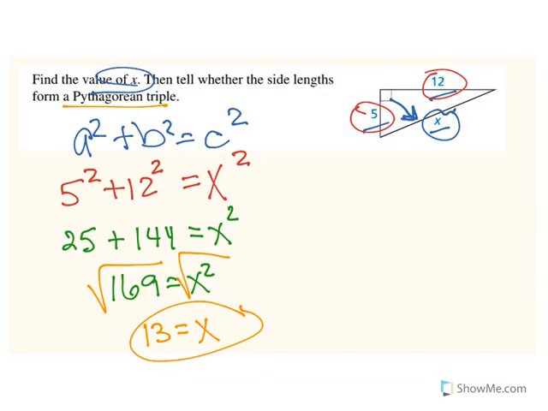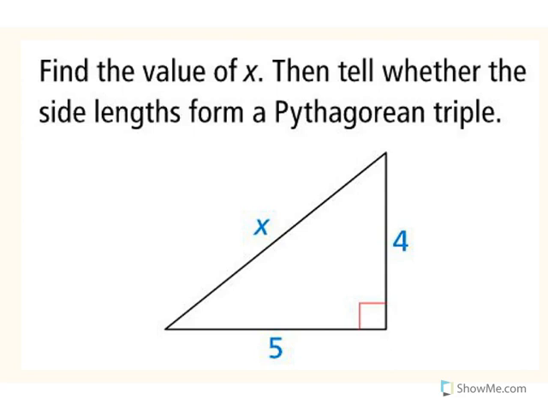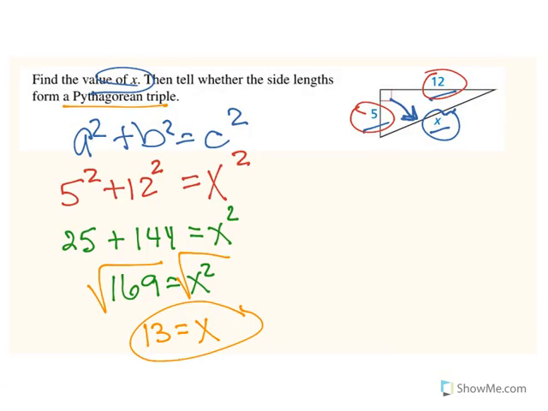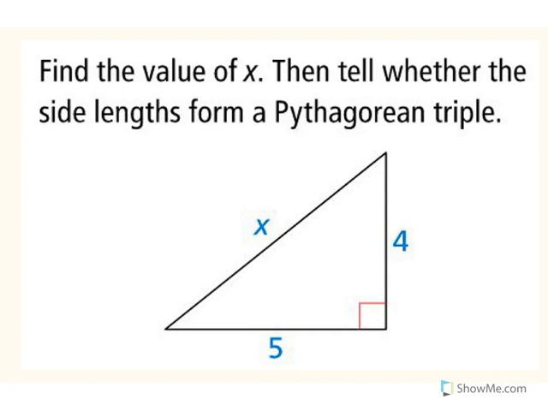Make sure that you have written down this example, or maybe you write down this example instead. Just make sure you write down several examples. So again, we're going to use our a squared plus b squared equals c squared. We are going to try to figure out